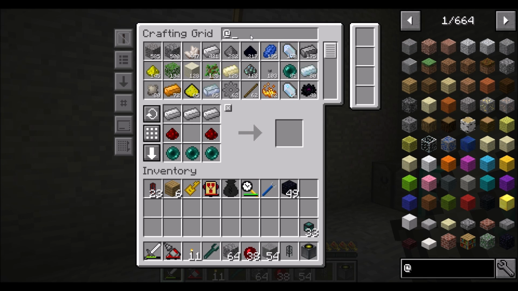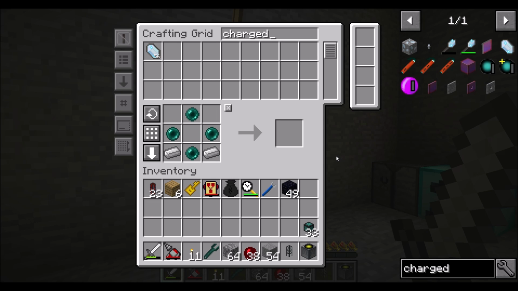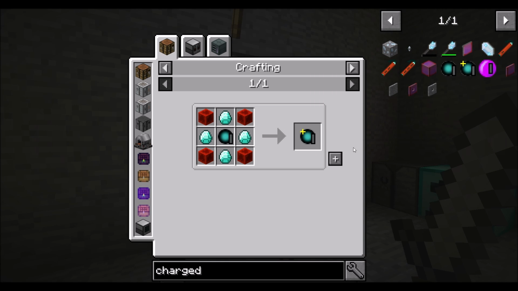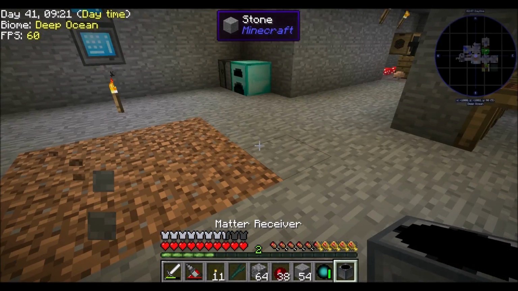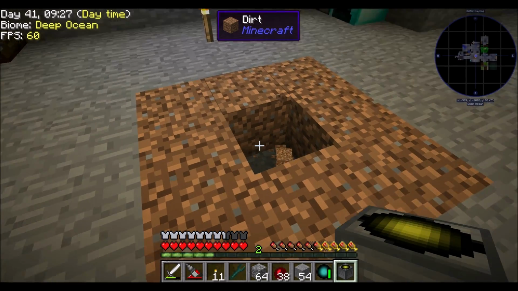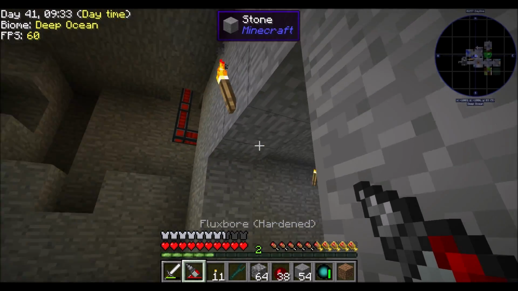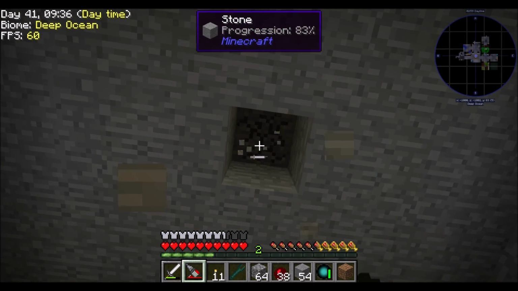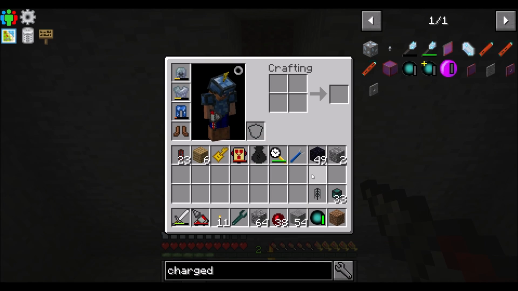And then where's the charged porter? That seems easy enough to make. The advanced one needs a healthy amount of redstone and diamonds. I'll hold off for now. But hey, look, he's already filled up, mostly because we have an awesome little tool there. So let's, yeah, maybe I'll do that, just to get this centered in this base, sort of. Alright, so there's my charged porter. Let's get